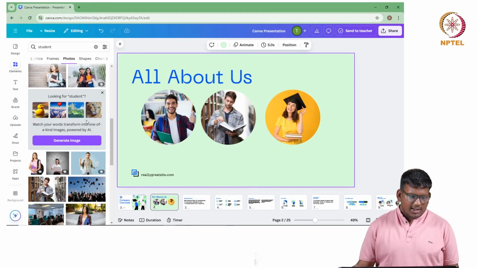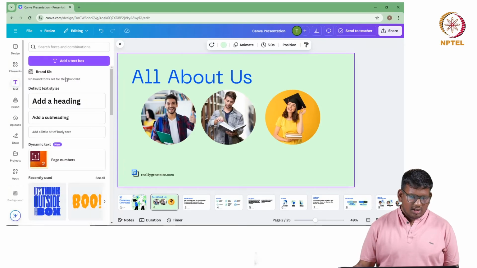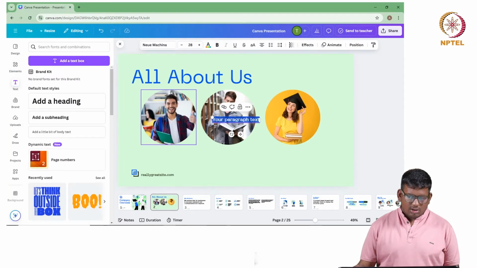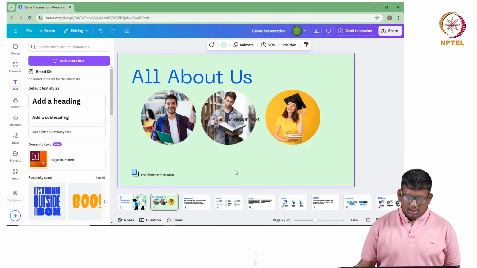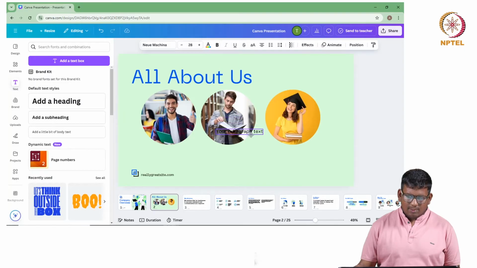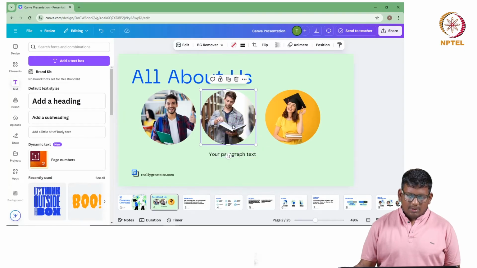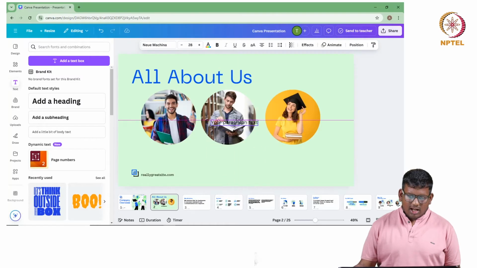Here now I want to add a text box. So let's go to the text here and add a text box. You can see some text is appearing here. Now you just need to drag it. Wait a second. Sometimes it might happen that this element is bothering this one. Like I'm placing it here, but I want to move this one, and this one is also getting selected.